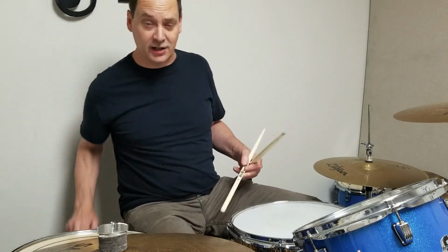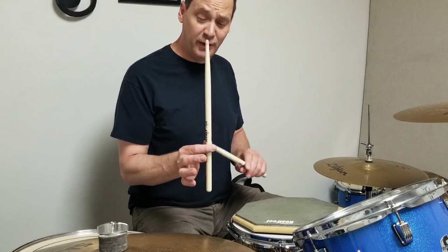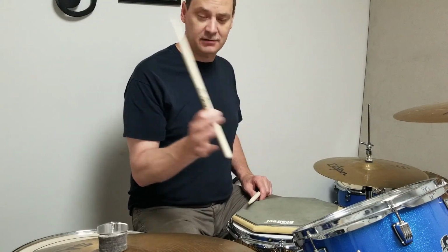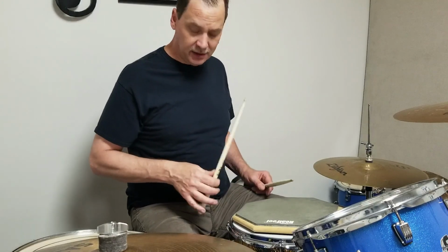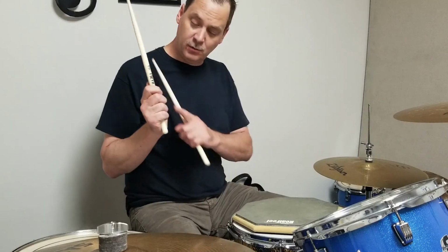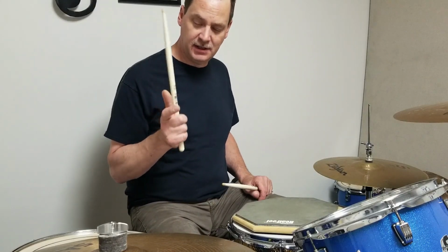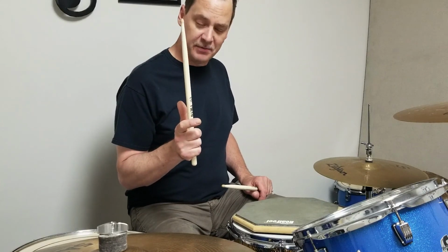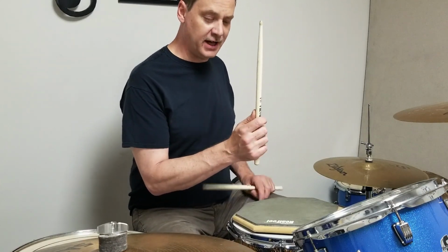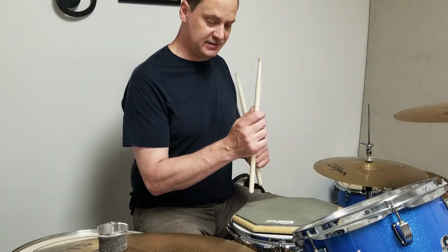So to get started, we want to know how to hold the drumstick. We want to pinch our drumstick between our thumb and our finger, right? And make what we call a fulcrum. It's a pivot point. We're going to wrap these other fingers around the back of the stick. Now we're not going to wrap them so tight that we're holding the stick with them. They're just real light. As a matter of fact, if we loosen up the pinch fingers, the stick should fall